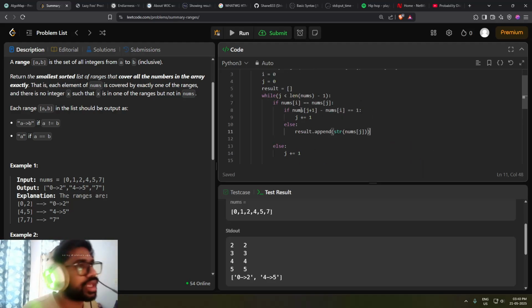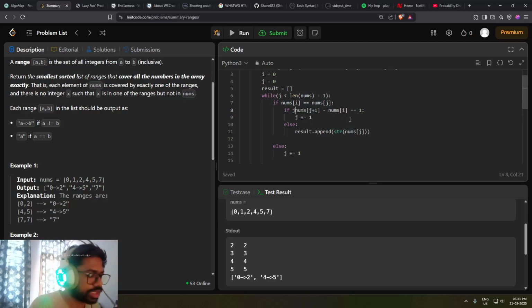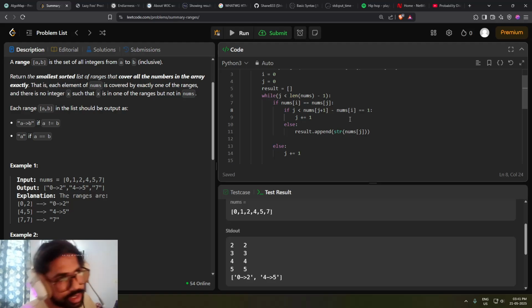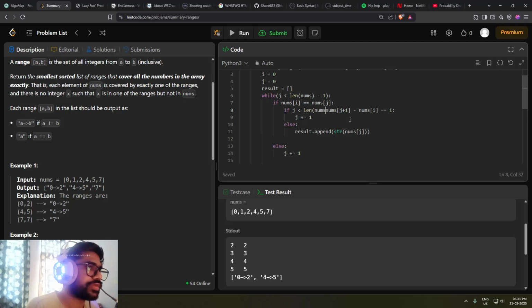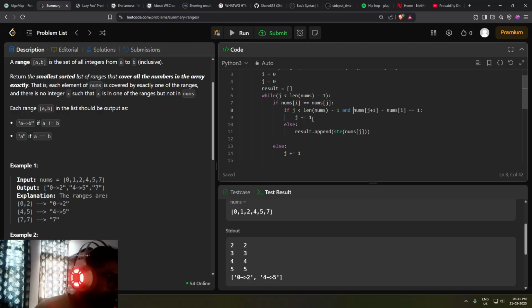Right, so if both values are equal, and if this j plus 1, j is less than len of nums minus 1 and nums of j plus 1, increment j. Right, else